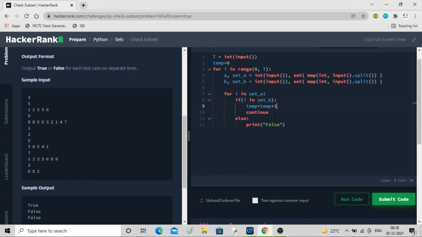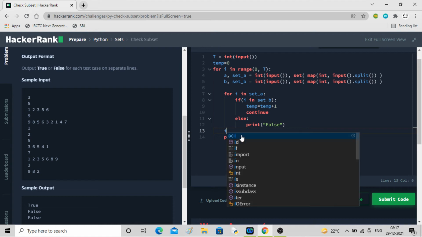So it will count every time, and when the count is equal to the total length, which is this 5, then I'll print true. I hope you are able to see that difference. We are not able to track the true condition, when we want to say true. So I used a temporary variable with an if condition.